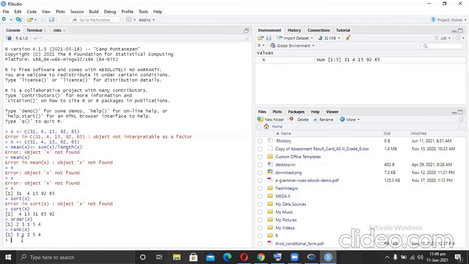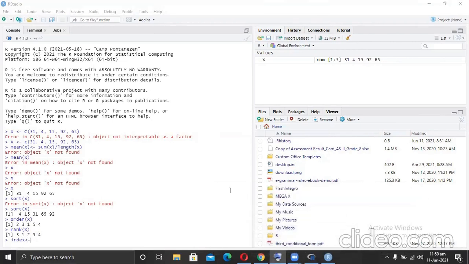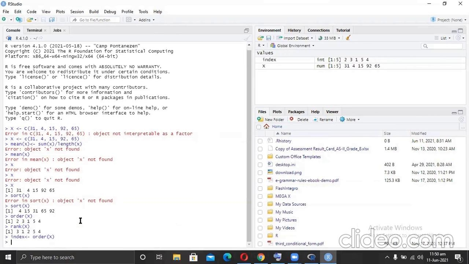And next is write index is equal to order x. स्पेस दे दे या ना दे, कोई फर्क नहीं पड़ता। ऑर्डर, और कैपिटल एक्स, हाँ ठीक है, प्रेस एंटर करें। अब इंडेक्स लिखे। आपने डिफाइन कर दिया है ना कि इंडेक्स जो है वो ऑर्डर एक्स के बराबर हो। तो अब हम इससे पूछ रहे हैं कि व्हाट इज इंडेक्स।